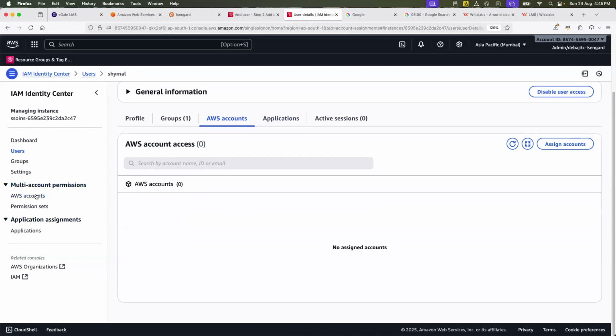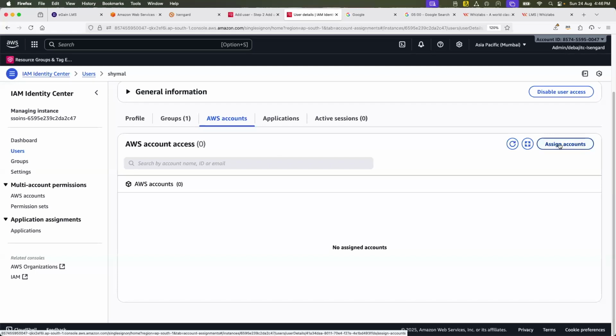That means you can also give other AWS accounts to this user as well. That means Shamol not only can access this AWS account, he can access other AWS accounts as well if I can give multi-account permissions to Shamol.